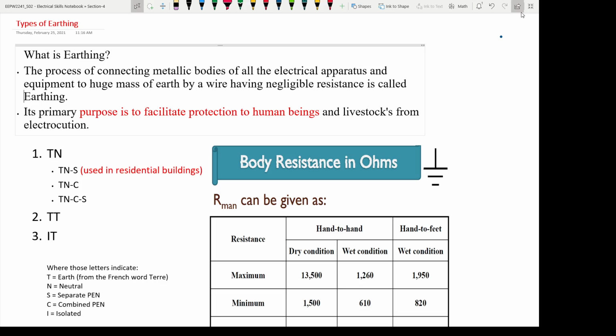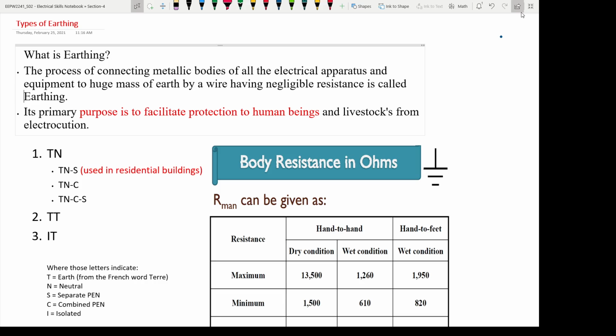Let us start with the topic, what is earthing? Earthing is nothing but connecting all the metallic bodies of an installation to the earth or ground with a very low resistance conductor. Okay, so what does it mean? If you take an installation in your home, we have many loads like AC, water heaters, socket outlets, lighting circuits, and so on. All these loads,